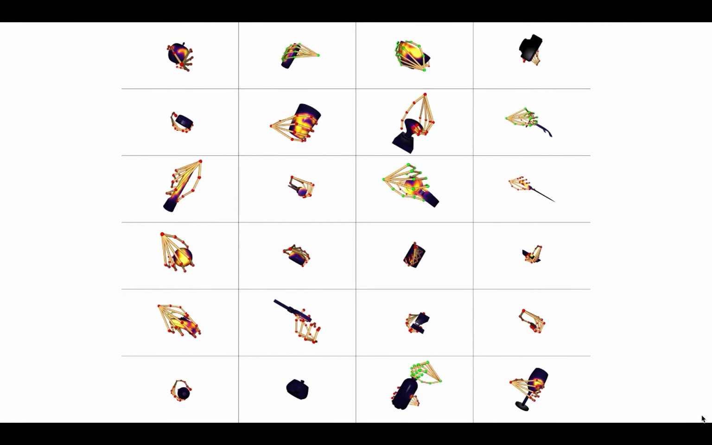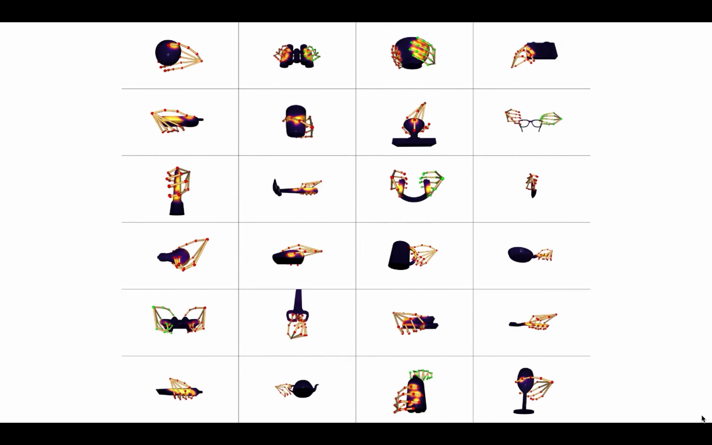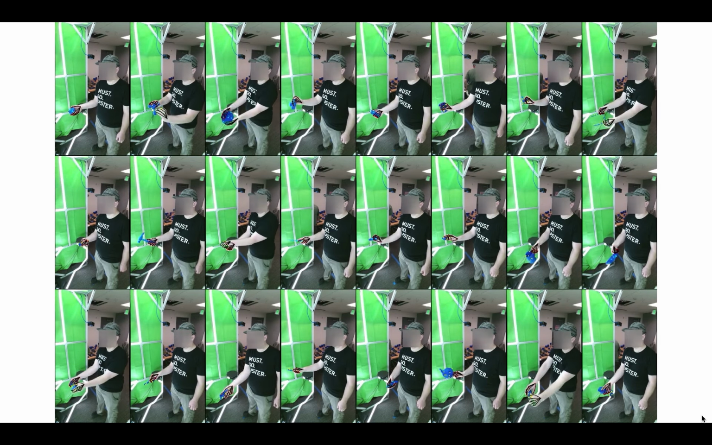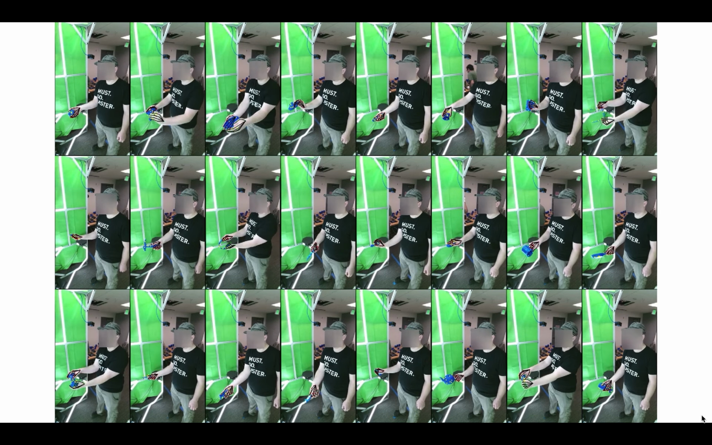And here are some example contact maps and 3D hand joints from ContactPose. Hand and object pose projected into images from the first Kinect, second Kinect,